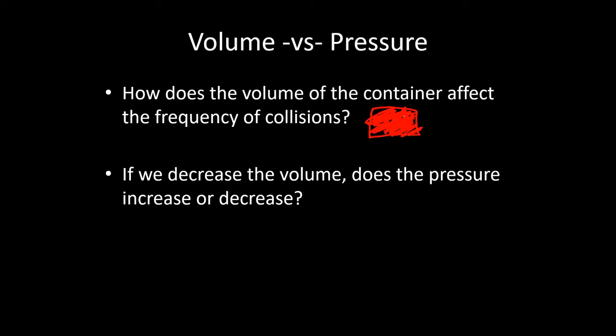And so if you have a small container like this with lots of gas in it, simply because the particles don't have to travel very far to hit the walls of the container again, the pressure is going to be relatively high versus something this size,